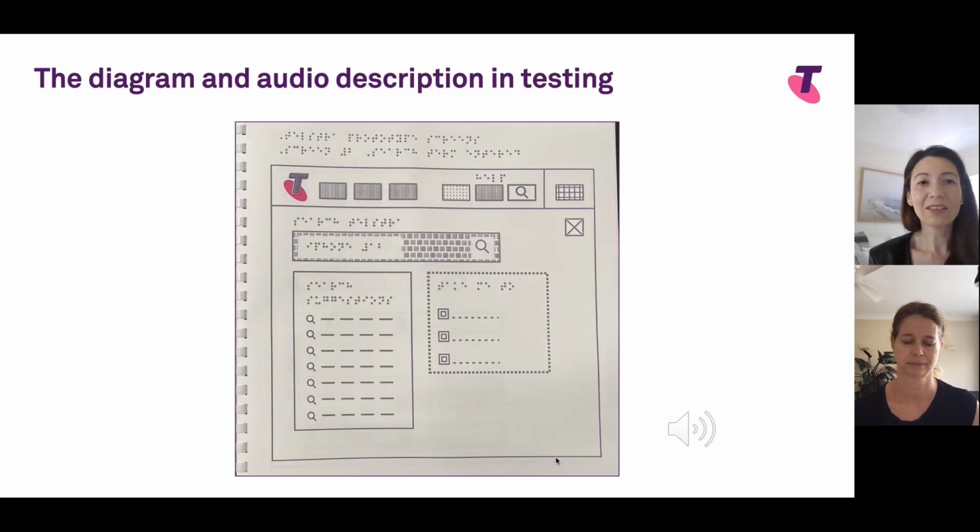We described consistent functionality like navigation once, and then we referred to it as its own component on the subsequent screens. In the same way, we described textures assigned to each element the first time the participant moves through these items on the page. So for example, we described the vertical lines on navigation buttons and the dashed lines for links. We also described elements using screen reader terminology. So for example, the word combo box resonated with participants to identify the auto-suggest search field.